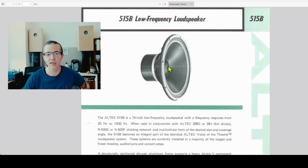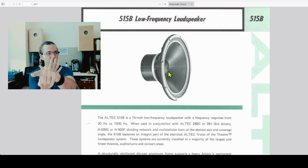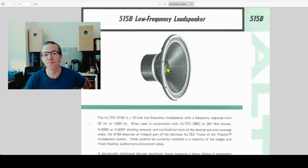And that's because you see you have that hole there in the middle of the dome, and through that hole, when the driver moves back, the air shoots forward. When the cone moves forward, it sucks the air in, and that's the diameter for about 15 kilohertz. So frequencies around 15 kilohertz will be beaming in opposite phase in the middle of the driver. So that's why